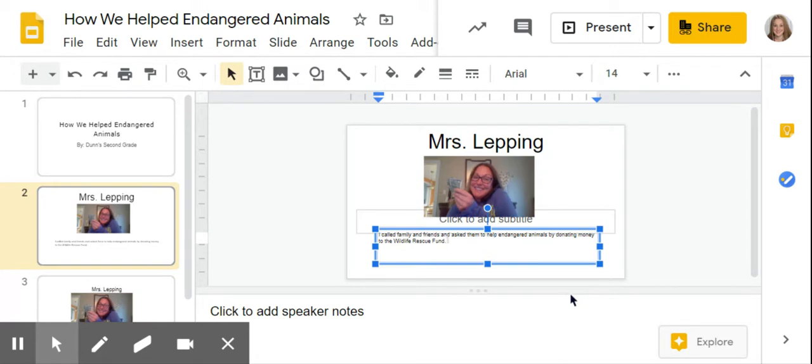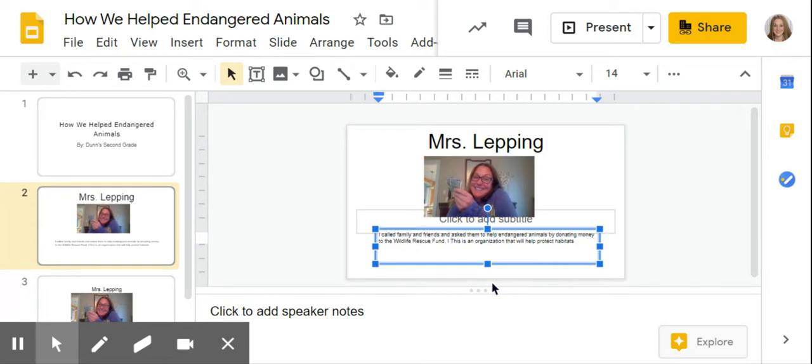Wildlife Rescue Fund. This is an organization or a group of people that work together. This is an organization that will help protect habitats. One of the habitats that they're going to protect is for tigers, and that's the one I did. Maybe I should say that first. Maybe before I tell them what the organization does, I should come in here and say,